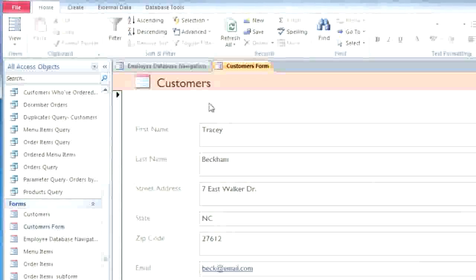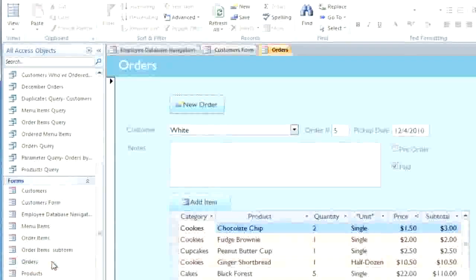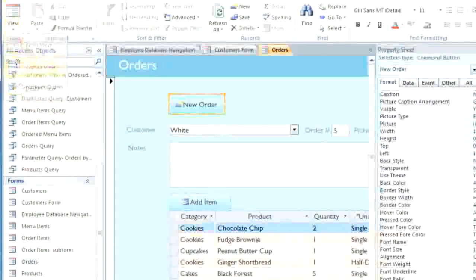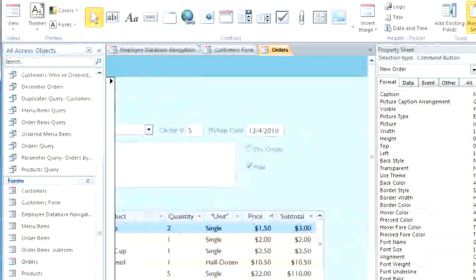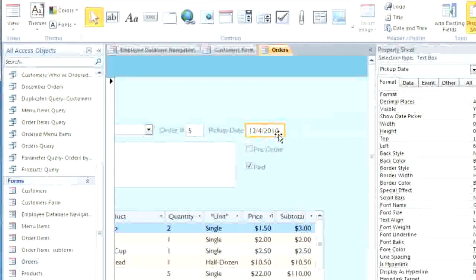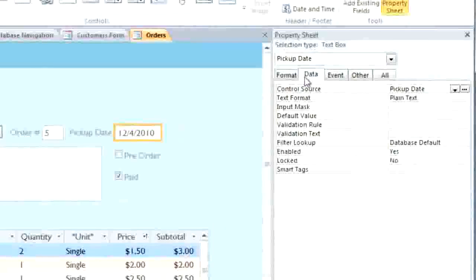And at any time, if we wanted to make it visible again, we could go back to the property sheet and change it. Now I'd also like to modify the Orders form. I'll first switch to Layout View. In this form, I'd like the Pickup Date field to default to the current date whenever we create a new order. I'll select the field, and then in the Property Sheet, I'll click the Data tab, and then find the